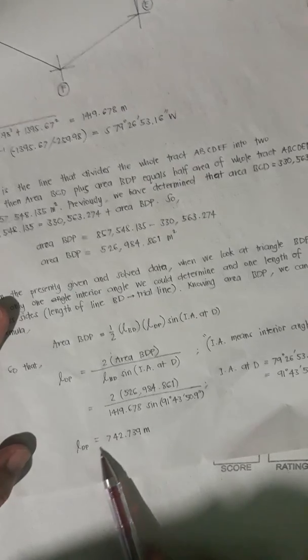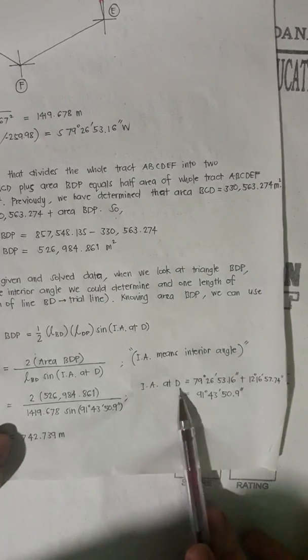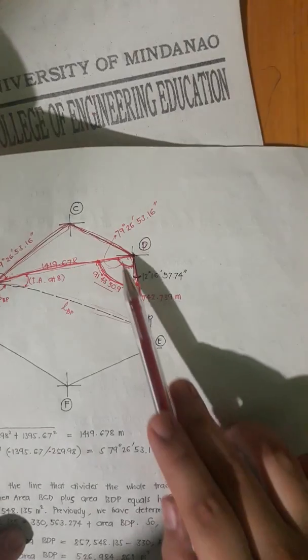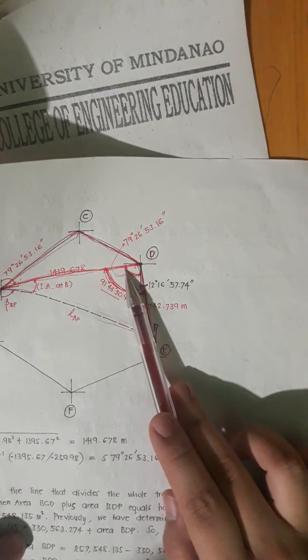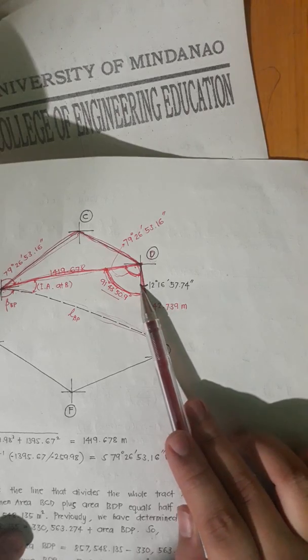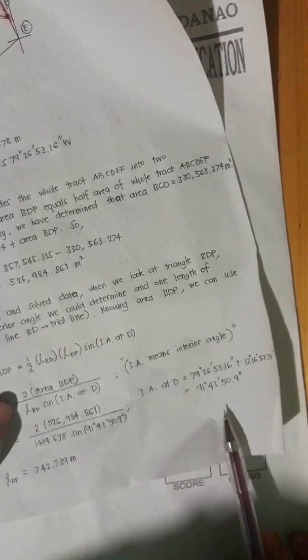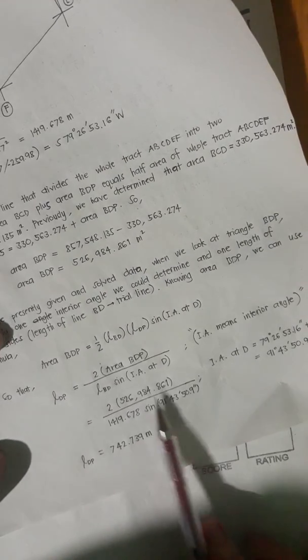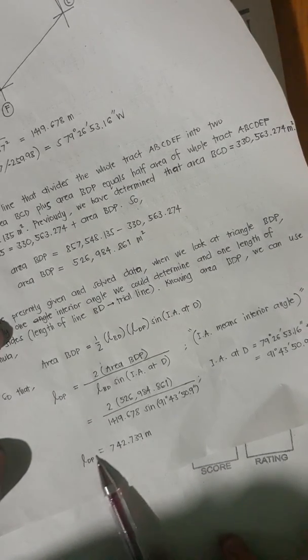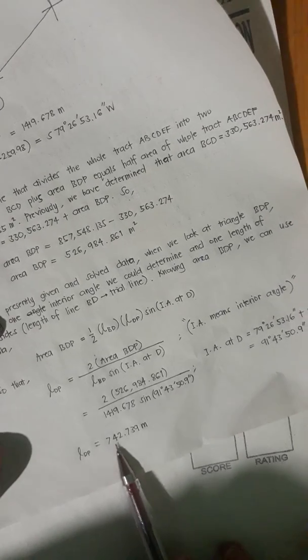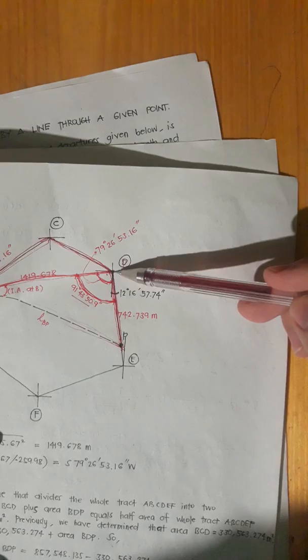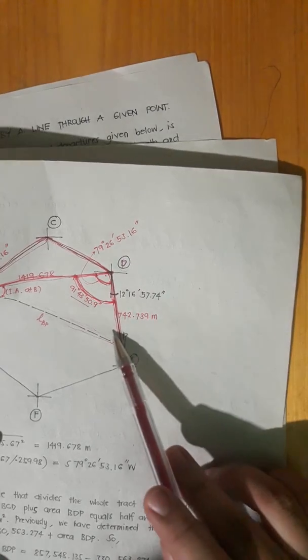So line DP is equal to 742.739, and for the interior angle at D, again, you just add the bearing of line DB and the bearing of line DE. So we have 91.43 right here. So substituting everything, we can get the length of line DP, which is 742.739. So I wrote here that the length of line DP is 742.739 meters. Next,